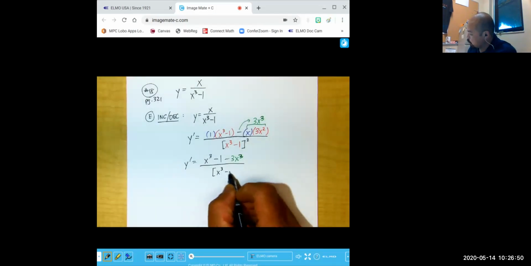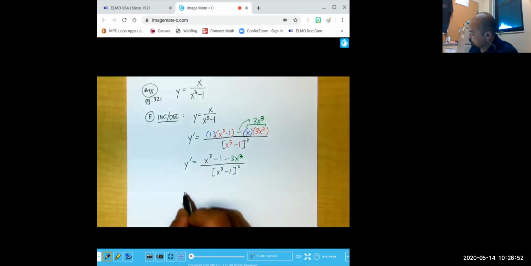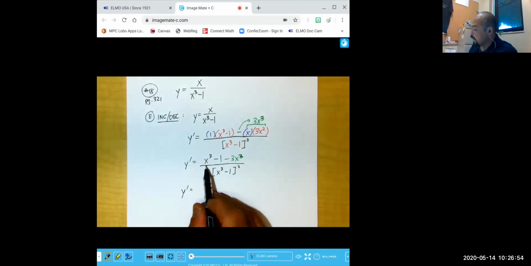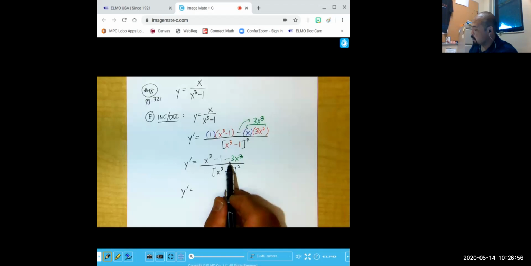This is still x cubed minus 1 squared. Combining x cubed minus 3x cubed, negative 2x cubed minus 1,